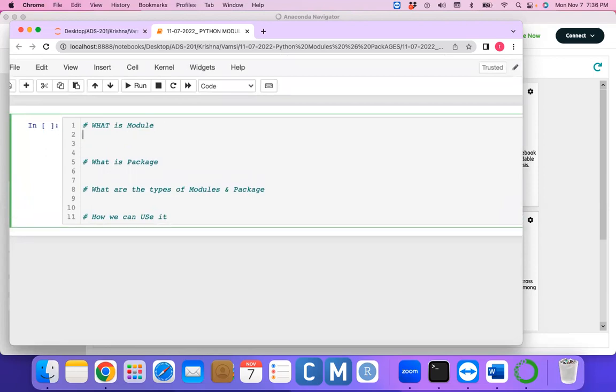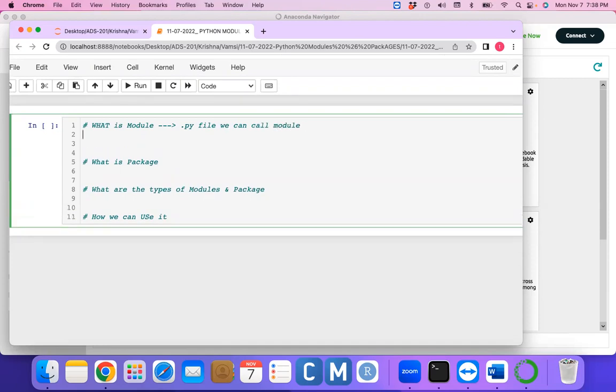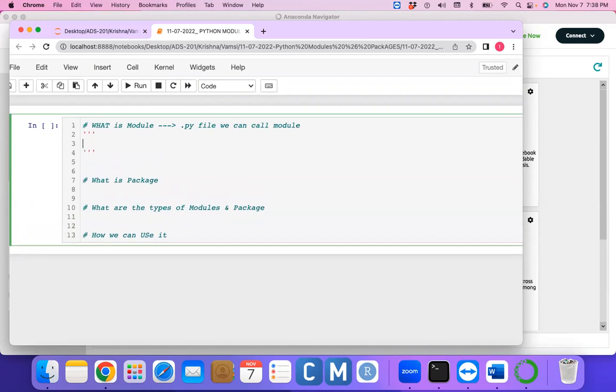A module is nothing but a Python file. A .py file we can call a module. You might be thinking what things are there inside of the module. A module just has only function definitions.